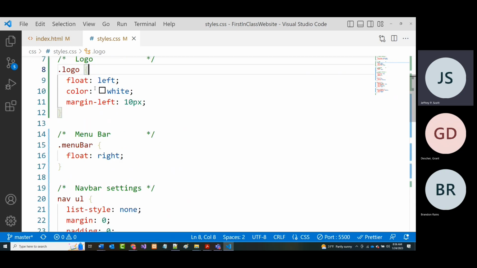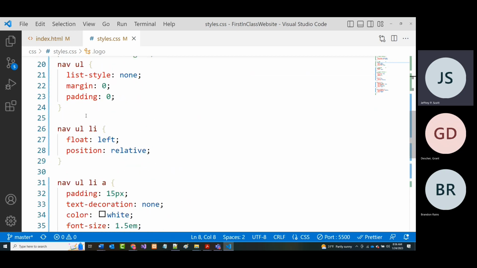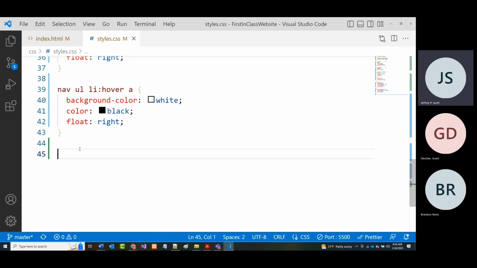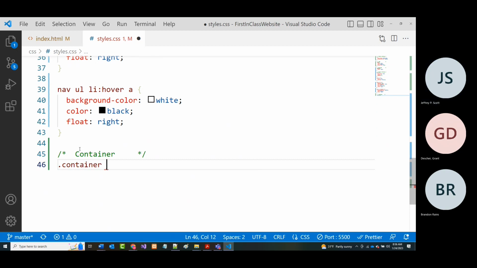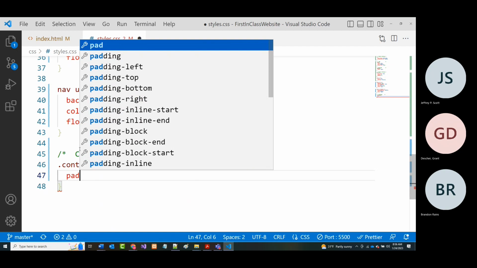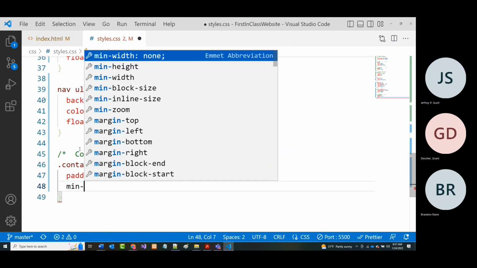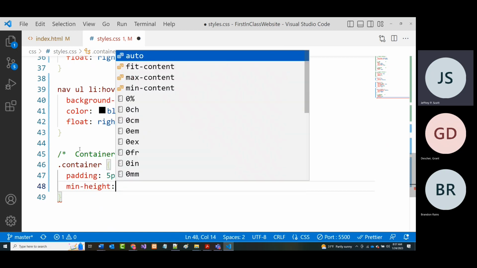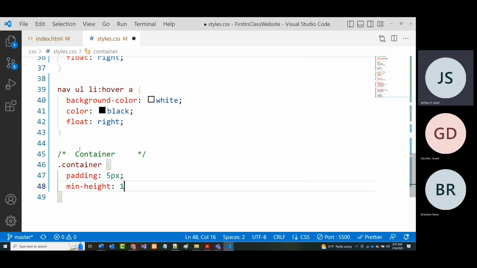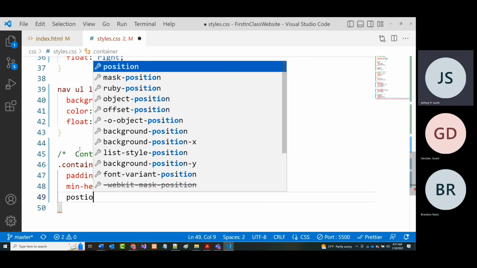All right. So again, that's all my nav bar, menu nav bar. And then I'm going to come down here and this will be my container settings. All right. So put some padding in here. Min height, this is all stuff that we're going to be talking about. We're going to want to say that at a minimum, this should be 100 pixels high. Our position is going to be relative,